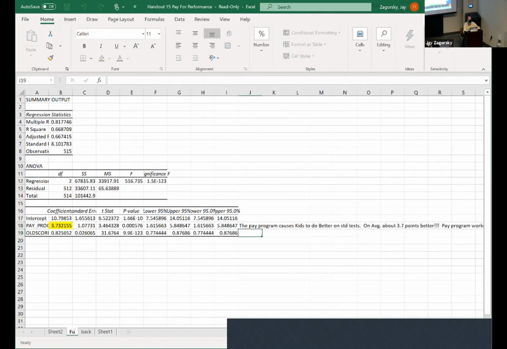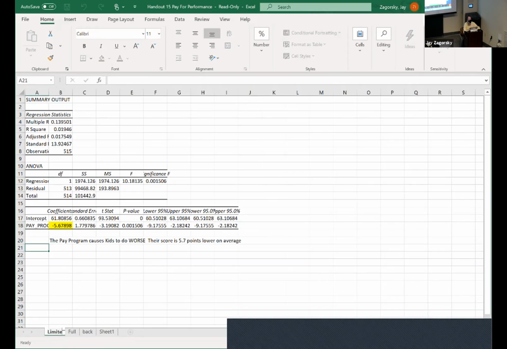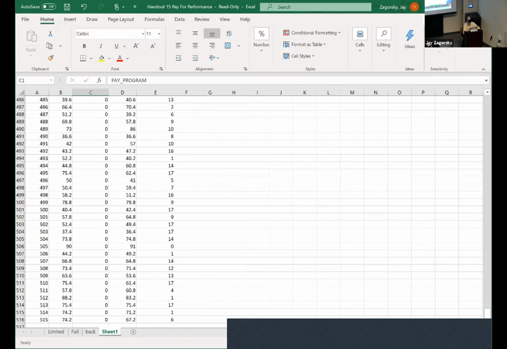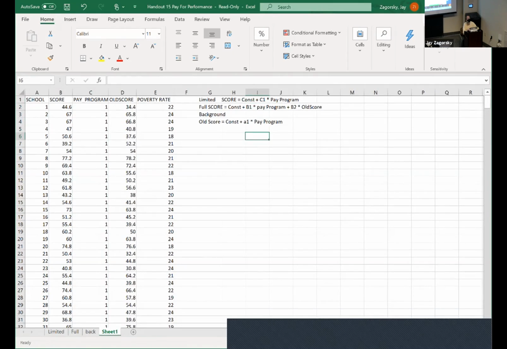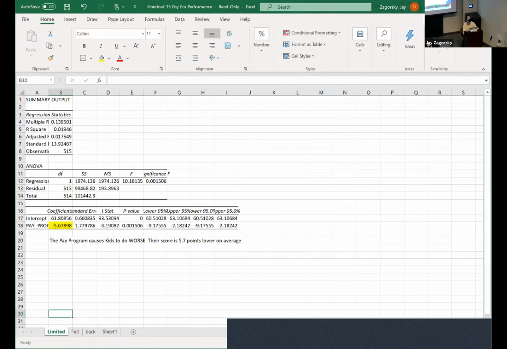Okay, I only have 1 minute left, so let's do it right now together. What's the bias? The bias is C1 is equal to B1 plus A1 times B2. C1 comes from the limited, so C1 is minus 5.7. We'll jump back here. So it's minus 5.7, and that's going to be equal to B1